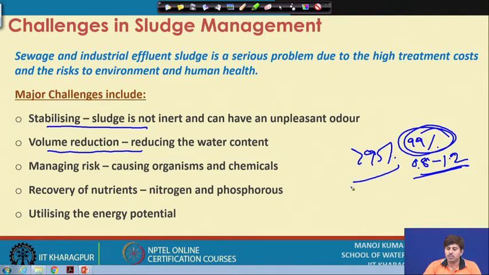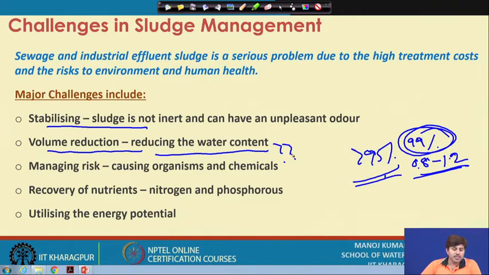So a huge volume of sludge is generated, and for reducing this volume we have to dewater or dry that sludge, we have to take the water out. Again, how can we do that effectively? If we leave it in the open, a large amount of land would be needed, and then what happens to that untreated water? It will probably go to the subsurface. If we process it mechanically through centrifuges, then there is a lot of energy cost associated with that.